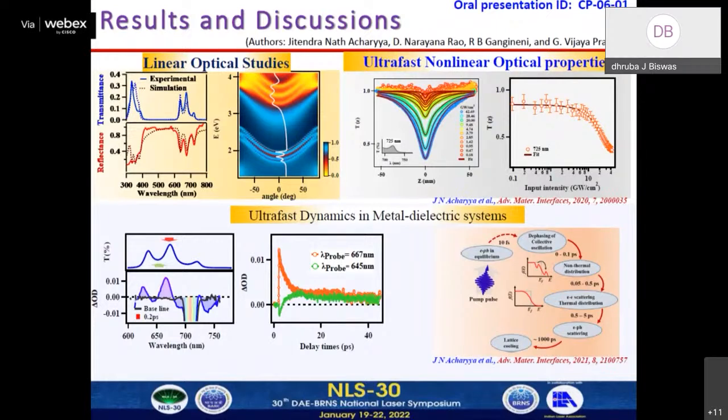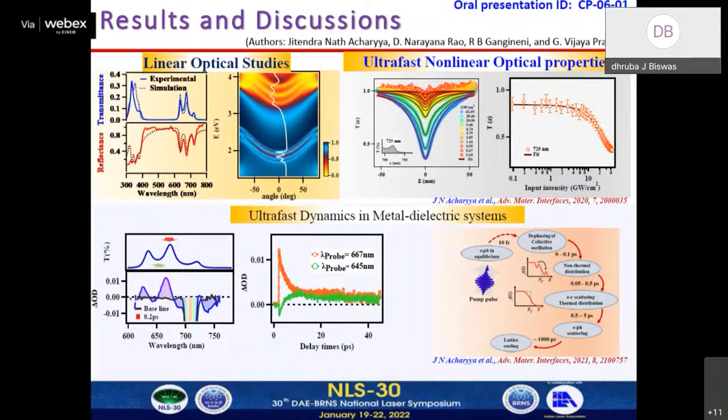And this is the experimental nonlinear Z-scan technique with varying laser intensity, and we can see the strong two-photon and multi-photon absorption behavior at 725 nanometer, in one photonic miniband region. And this is because the Ag intrinsic nonlinearity is getting manifold enhanced because of the Ag-SiO2-Ag Fabry-Pérot configuration. Here it is acting as a coupled Fabry-Pérot resonator. And this is the optical limiting behavior, where we can use it as a femtosecond high laser power sensor protector.